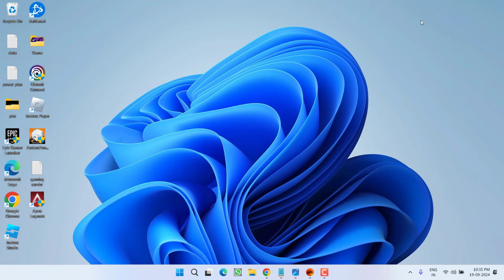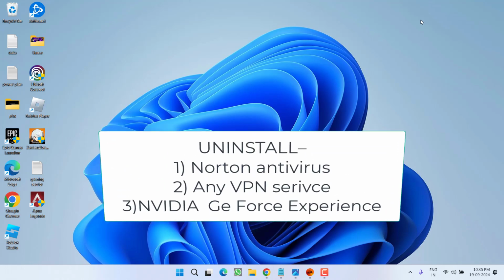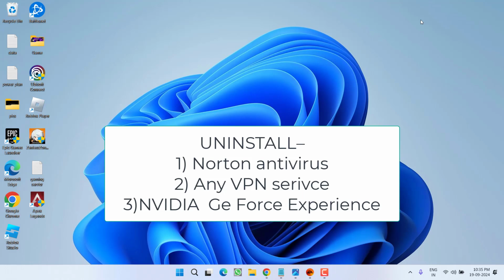Now if this fix doesn't help you, let's proceed with the advanced troubleshooting steps. In the next step, if you have installed Norton antivirus, any kind of VPN like Norton VPN or NordVPN, and especially the Norton Game Optimizer, if you have turned it on, make sure you turn it off. I recommend to completely uninstall any kind of Norton services, any kind of Game Optimizer and GeForce Experience if you have an NVIDIA GPU. After uninstalling these three things, relaunch the game and this will instantly fix the issue of stuttering in main menu while starting Apex Legends.